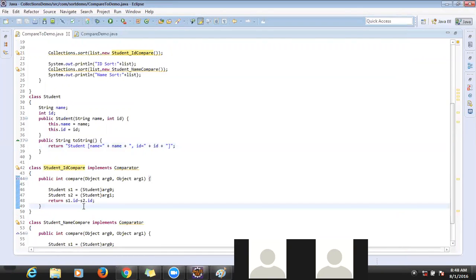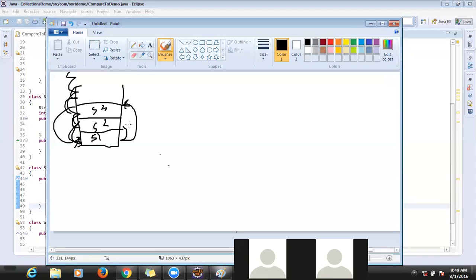So you're comparing two locations adjacent to each other, and then sorting and exchanging the elements based on ID or name or whatever. Then it will be displayed in sorted order, and finally you will get a sorted list. Got it. So two locations at a time. Yes, that's all. We are able to compare two at a time, right? Yes.